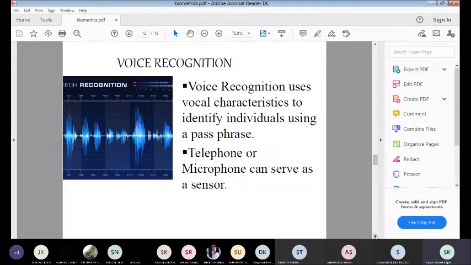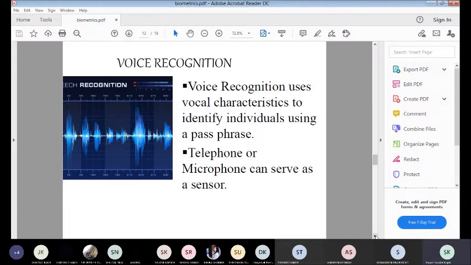We have also seen many Bollywood movies using voice recognition for passwords, right? And nowadays that is very common. Every type of software is available. If you are securing any folder on your smartphone or laptop, or even want a lock on your smartphone, you can use voice recognition as well. People are using thumb or face, which is more common in the case of smartphones. And voice recognition basically uses vocal characteristics.